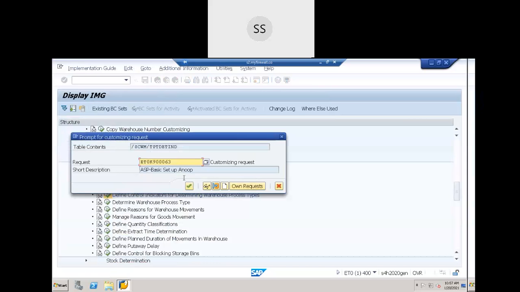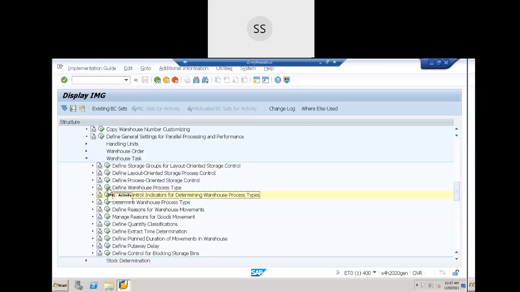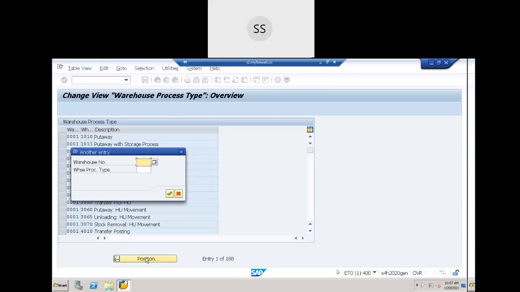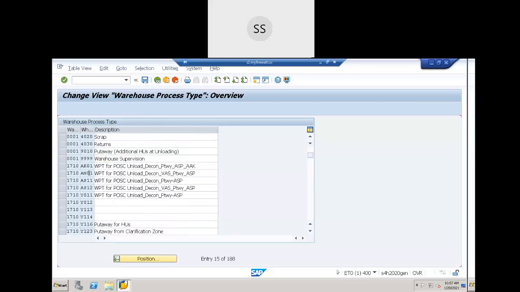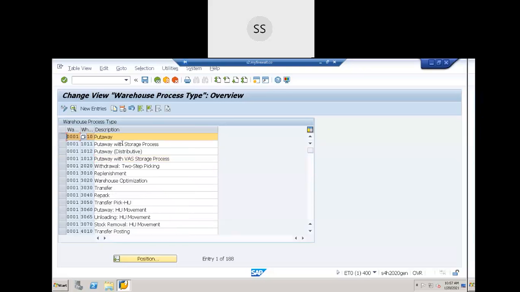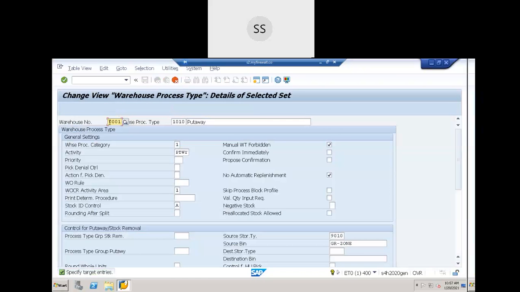I'm just deleting these things so that I can create again to show it to you. Warehouse process type. Is 11, 12, it's okay. Okay, so I will copy from 1010, which is standard. Copy this, and my warehouse is ASP1,